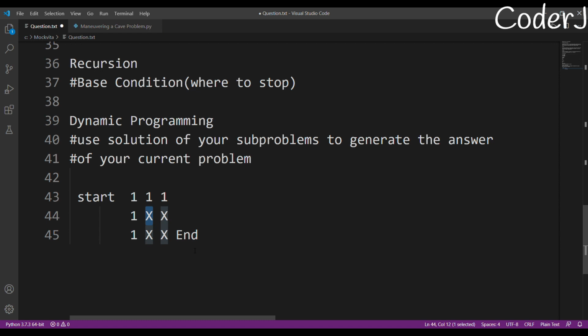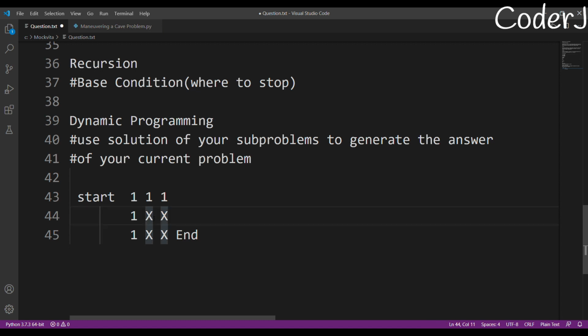1 1 1. But that is how we solved. I know now that to reach all these points, I only have one path possible. But if I want to reach any other point, I need to go from these possible paths, right? But don't forget the order, right? I directly cannot come to this point. I directly cannot calculate the total number of paths to this point. I need to go sequentially and calculate all of them.